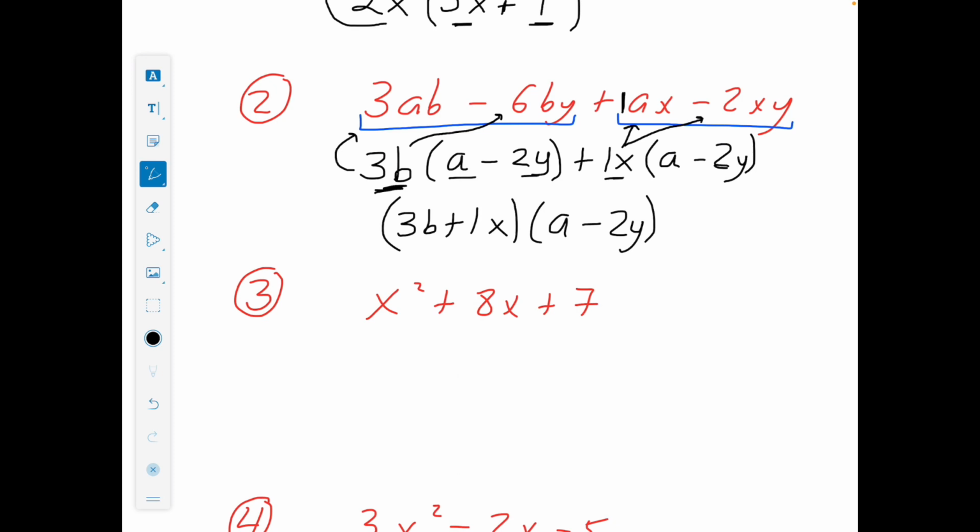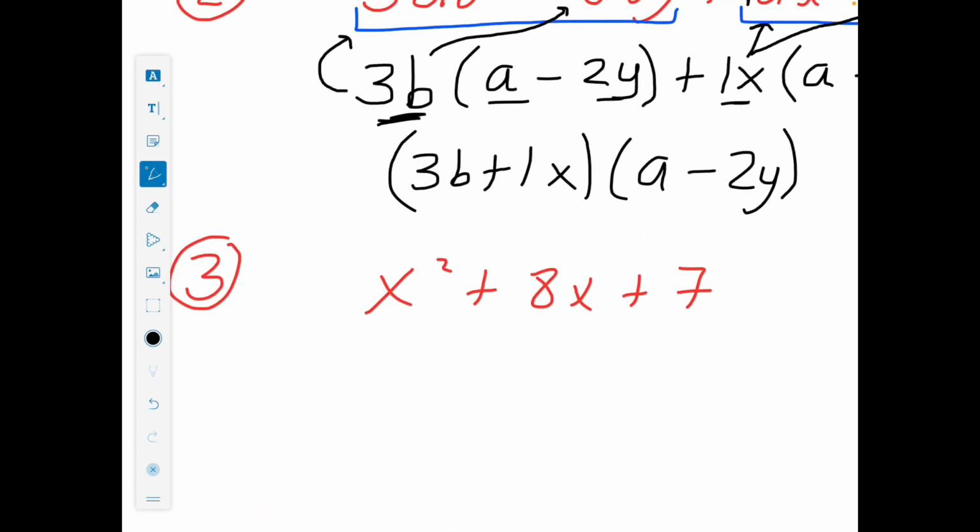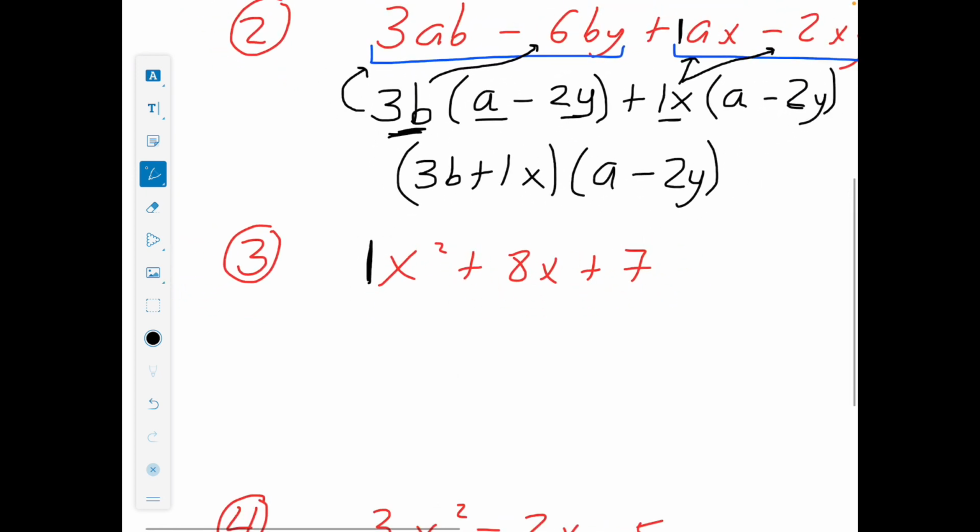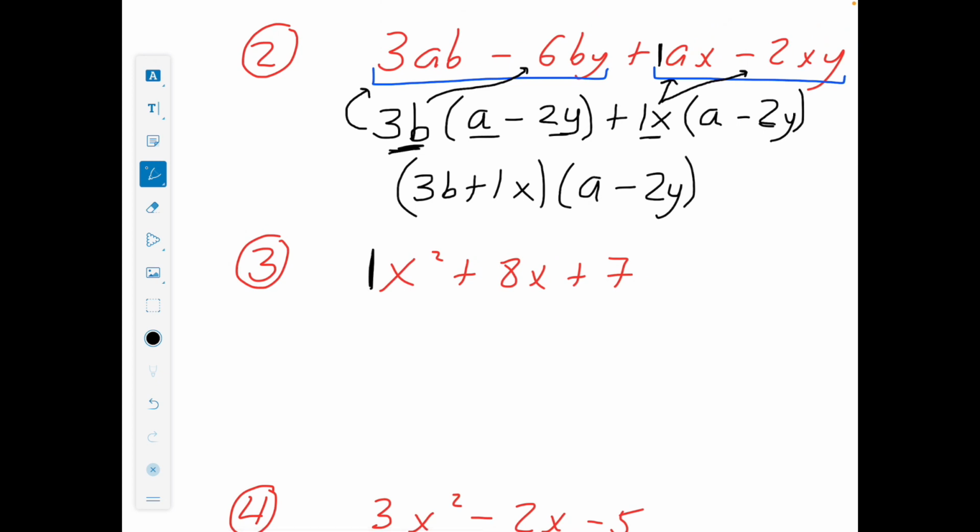Now, we're going to see grouping again now in our quadratic. For a quadratic, there's a little method that you need to learn that works. Some people can do it just by seeing the answer. That's great if you can, but if you can't, or when the questions get a bit more tricky, knowing this method is handy. So again, I'm going to put a 1 in front of this x squared here. So step 1, I'm going to multiply the number in front of the x squared by the number on its own. So 1 multiplied by 7